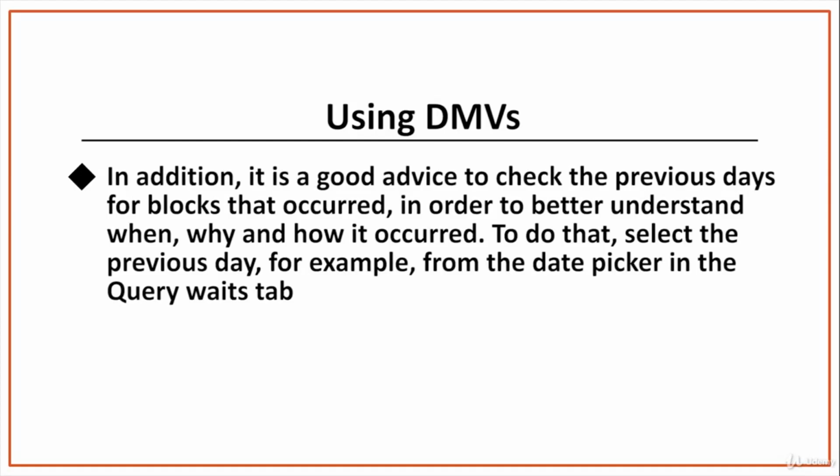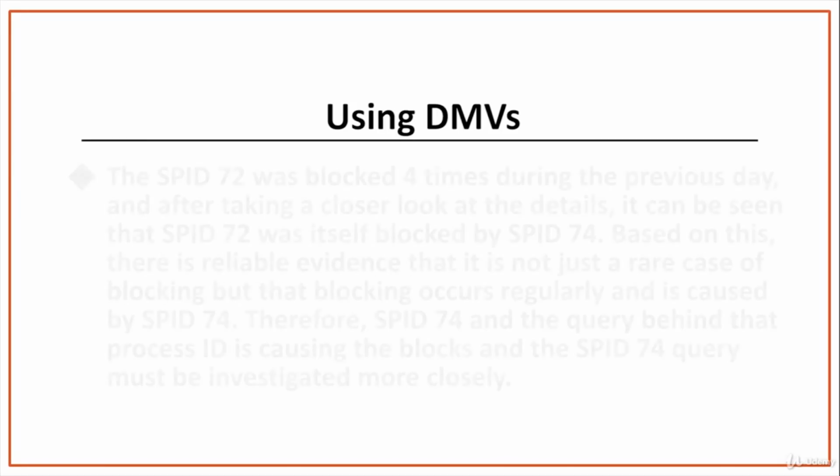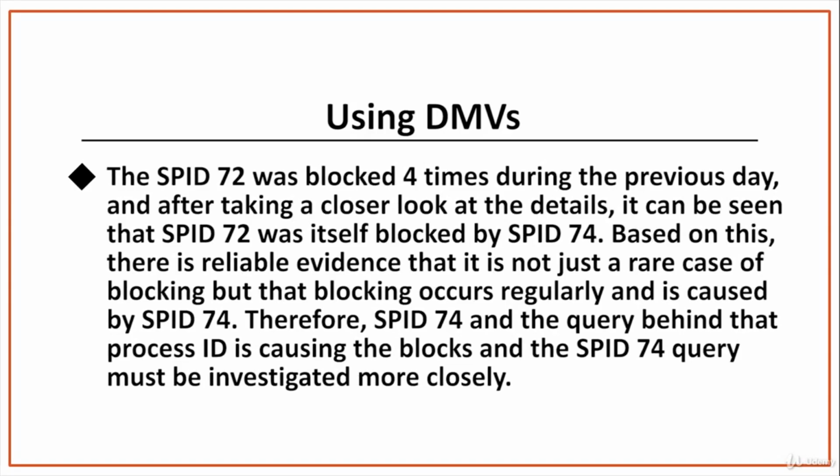To do that, select the previous day, for example, from the date picker in the Query Waits tab. SPID 72 was blocked 4 times during the previous day, and after taking a closer look at the details, it can be seen that SPID 72 was itself blocked by SPID 74. Based on this, there is reliable evidence that it is not just a rare case of blocking, but that blocking occurs regularly and is caused by SPID 74. Therefore, SPID 74 and the query behind that process ID is causing the blocks, and the SPID 74 query must